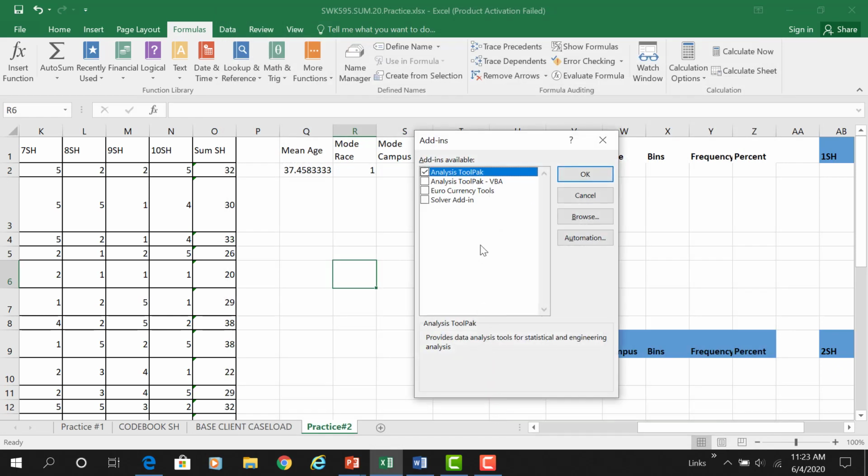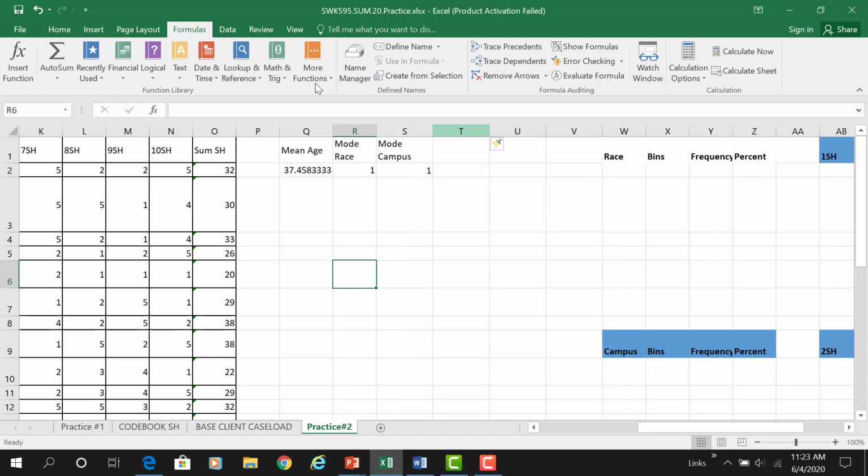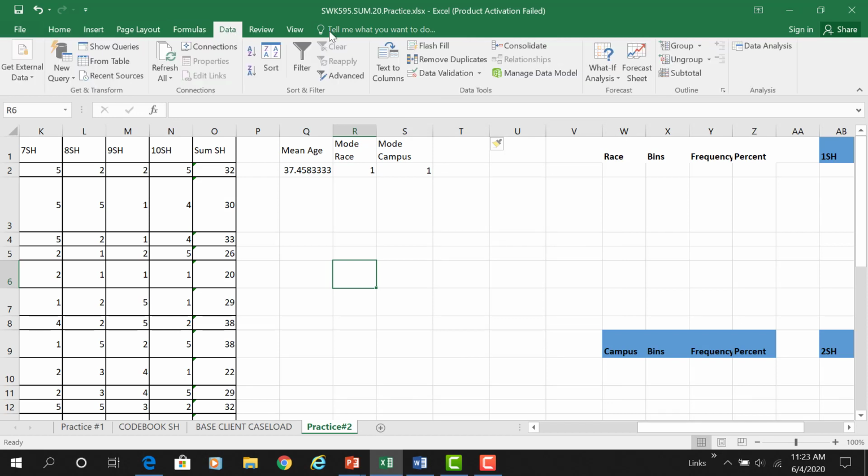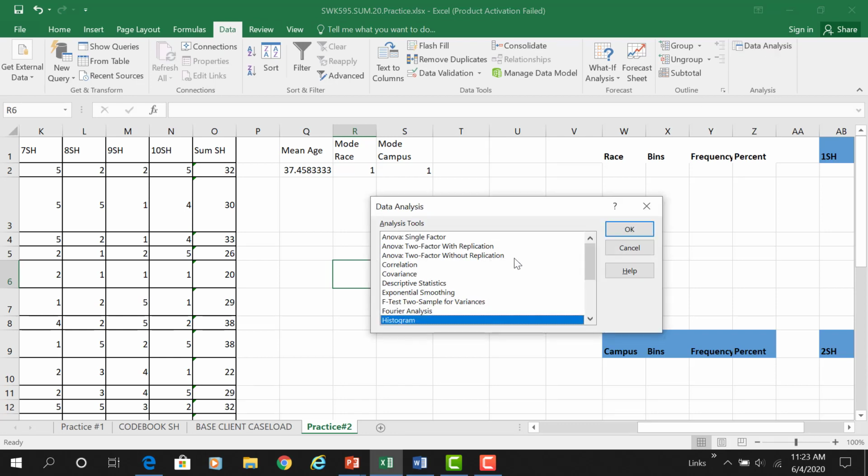When you come here, you have to select the Analysis ToolPak. So once that's selected, hit OK. And then go to Data. And here's your Data Analysis. So go to Data, then select Data Analysis and Descriptive Statistics,